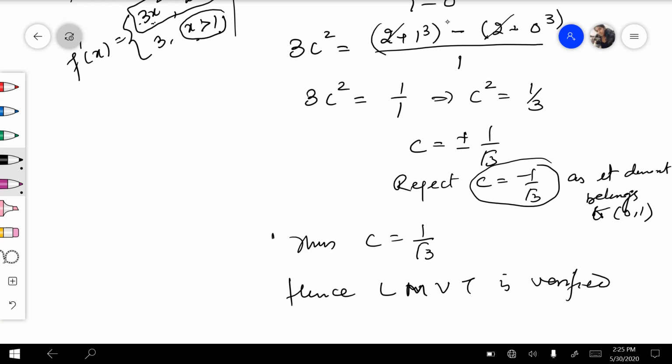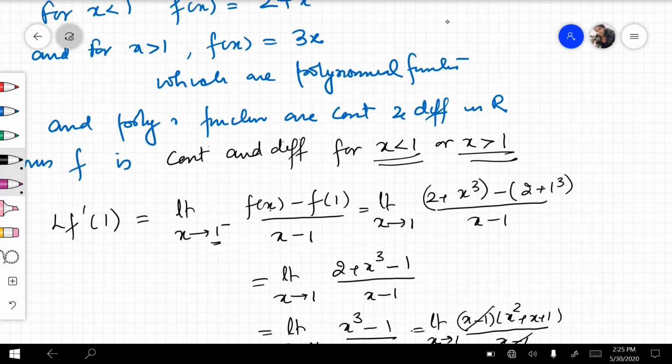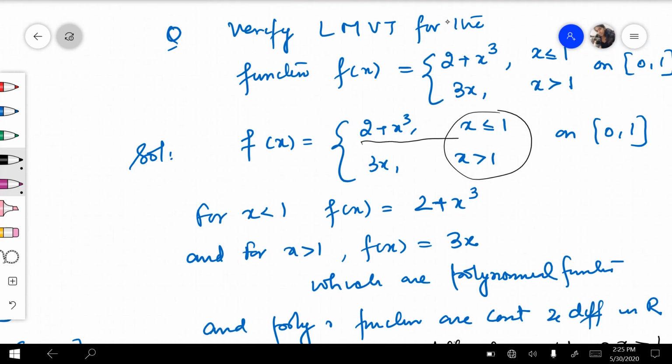दोबारा से देखिएगा इसको. आपको फंक्शन जो दिया हुआ था उसकी दो डेफिनेशंस थे. First definition was this one when x is less than 1 and 3x when x is greater than 1. तो अगर आप x लेस देन 1 पे चेक करें तो it is a polynomial function. और पॉलिनोमियल फंक्शन कंटिन्यूअस भी होते हैं, डिफरेंशिएबल भी होते हैं. जब x की वैल्यू 1 से बड़ी तो f of x फिर से 3x है, which is polynomial, so continuous